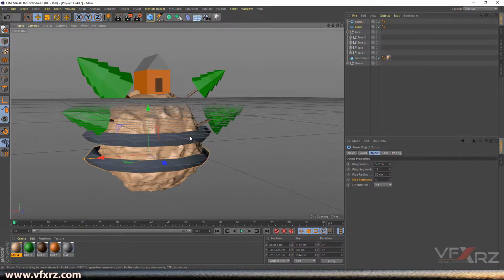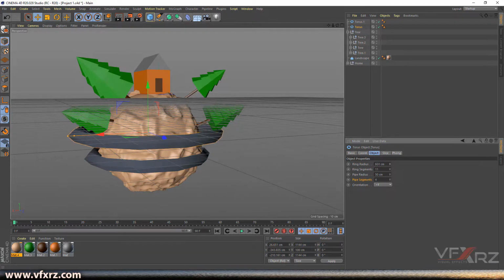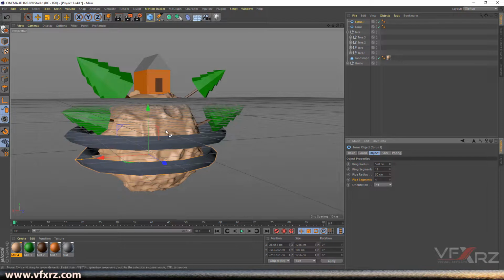Here previous truss, increase this size, and this new a little increase, and again hold Control, duplicate that,